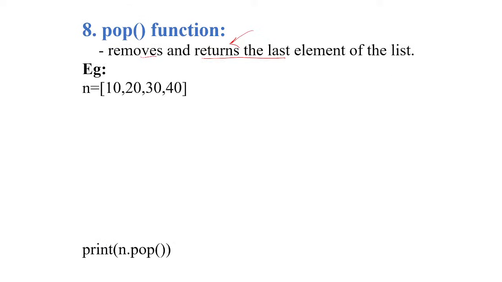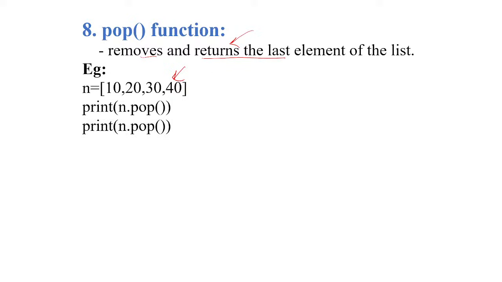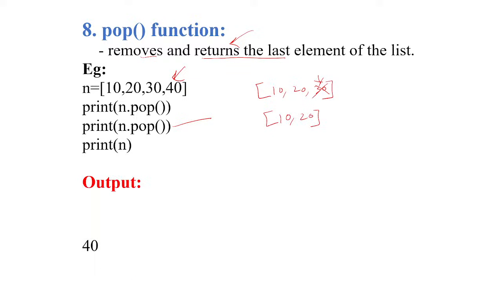last element. Assume this is our list. When I say n dot pop, the last element, 40, will be removed. So after removing this, how does your list look? Your list n becomes like this. Again, when you say pop, it removes the element 30 from the list. Then your list looks like this, 10 and 20. And if you print n, see,